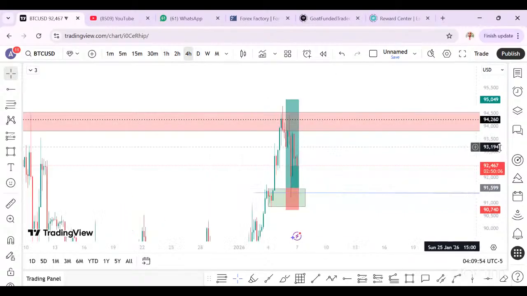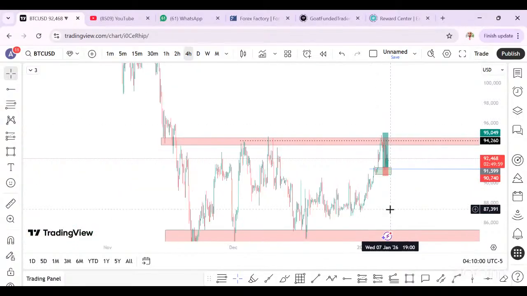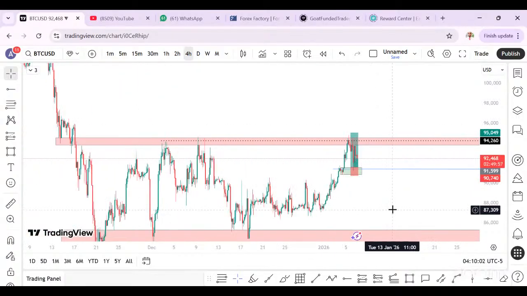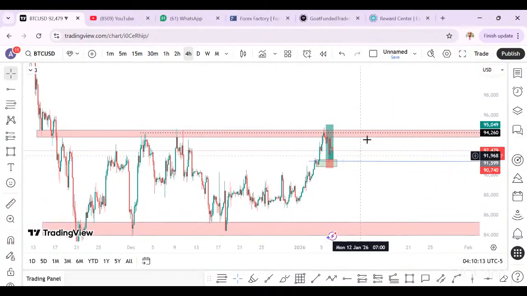Watching more, a clear upside for BTC when price begins to trade above this high. So maybe you stay away, or if price comes down, you can look for an opportunity to buy, but don't sell yet. Don't sell. So let's watch what BTC will do.